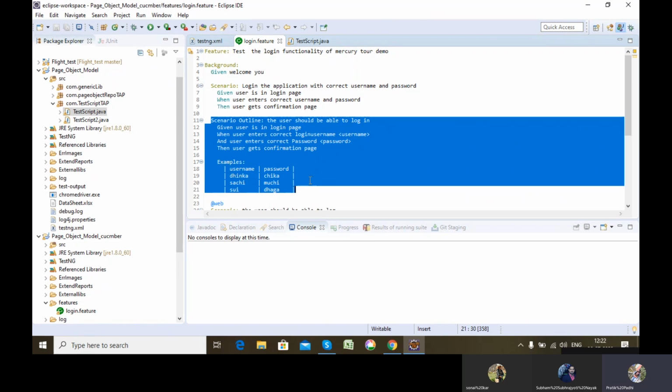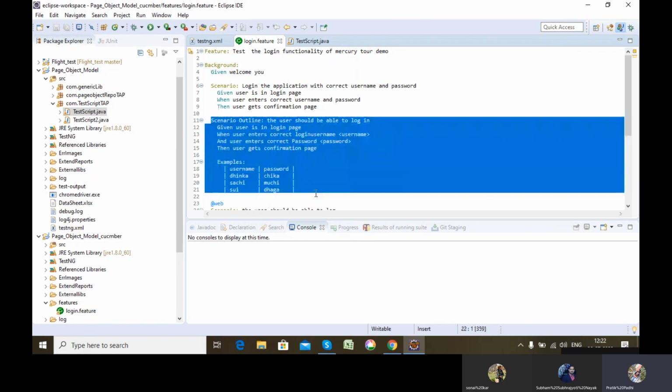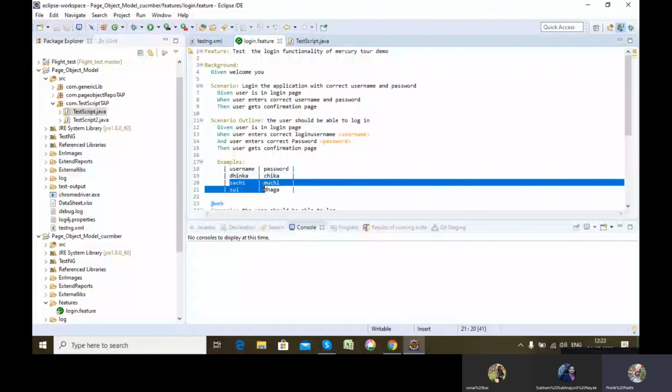Here, you can compare this scenario outline with the data provider of TestNG. You pass one set of data, second set of data, third set of data, but you will not provide any loop. It will run this scenario outline 3 times because you are passing 3 sets of data.